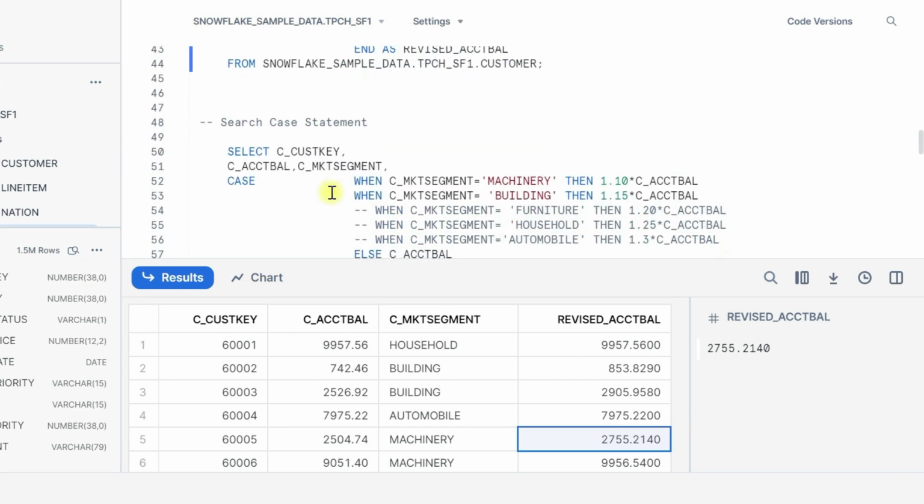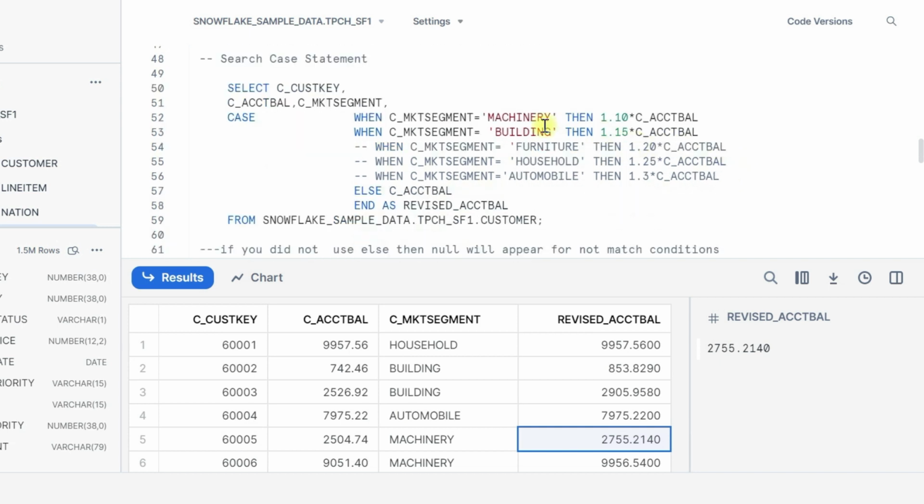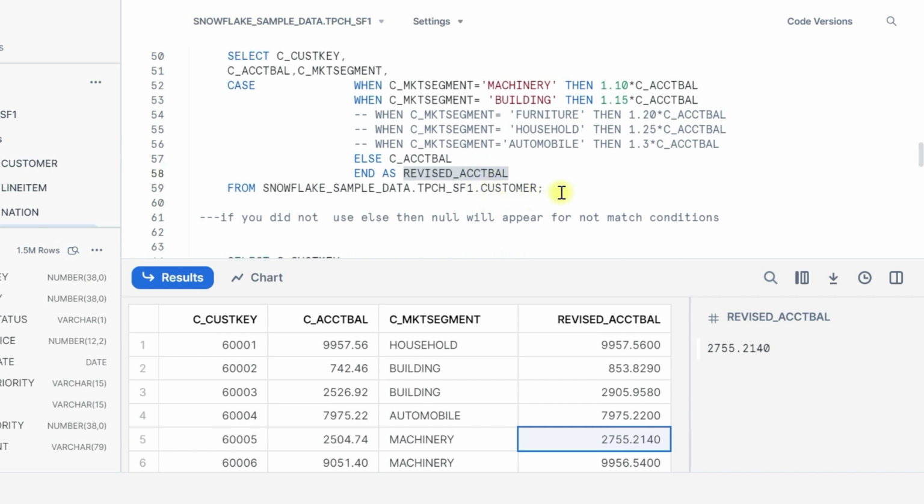Here we apply case, then when, after that column name and compare the value. Here market segment is building, then 1.10. If no condition applies, then put it in else statement as revised account balance, and give an alias name. Okay, if you execute this statement,